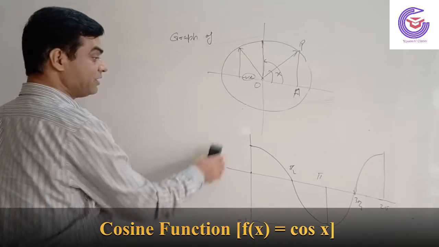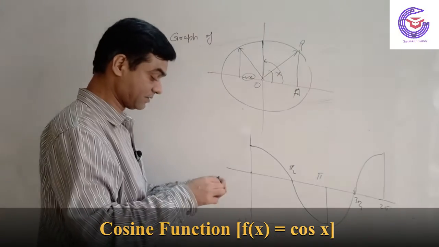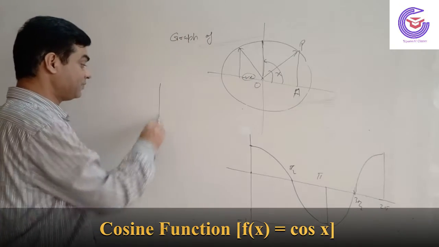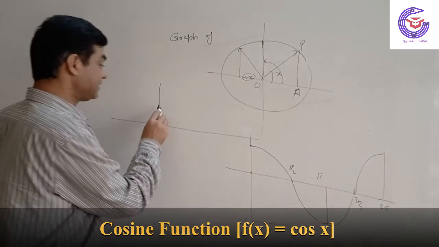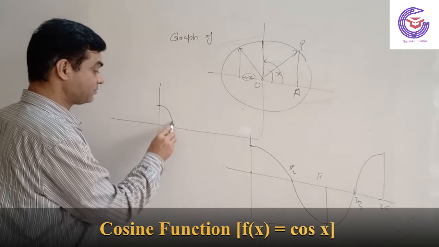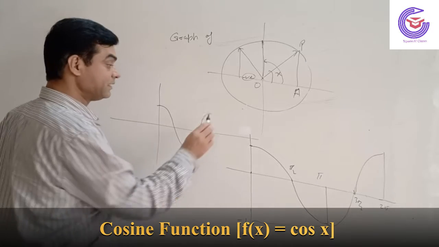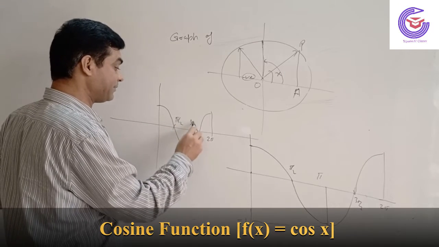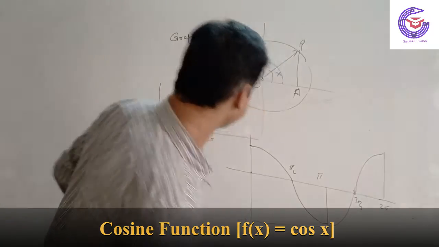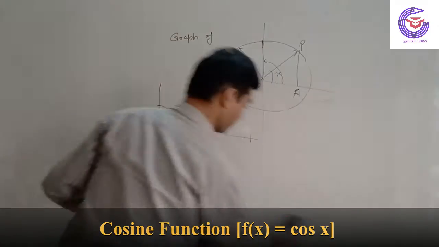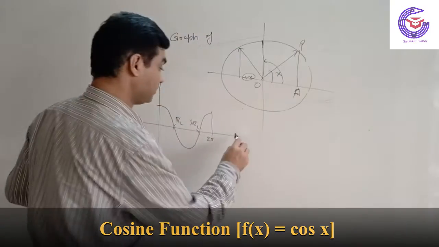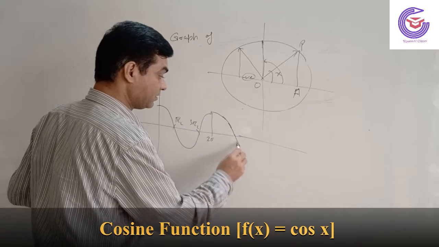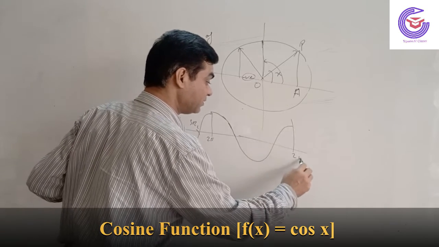So if you plot in a continuous manner, if you keep on rotating this line, how will you get the graph of cos x? It starts from the maximum. This is one loop. Then you reach 2 pi. This is your pi by 2, this is your 3 pi by 2. What happens in the next case? Here again, this is the second loop.